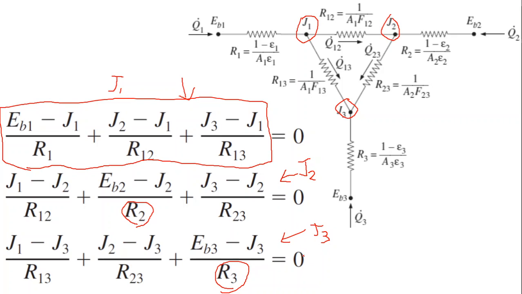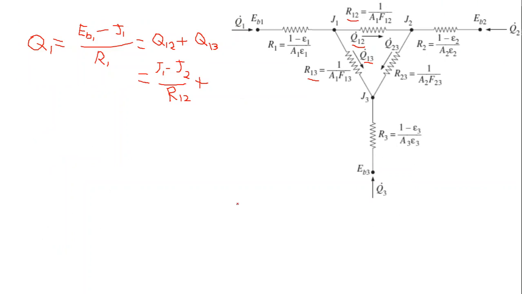That I will leave to students to solve, because it is nothing but a simple algebraic solution, right? In that manner you will find three equations, one for J1, one for J2, one for J3, and from these three equations we can find three unknowns. Suppose we have not been given the temperature of surface Q1, right? So we can find EB1, and from EB1 we can apply the Stefan-Boltzmann law, like EB1 is equal to sigma into T1 to the power 4, and then we will solve all these three equations. We can find the temperature of one surface, right? In that manner we are going to solve this question.